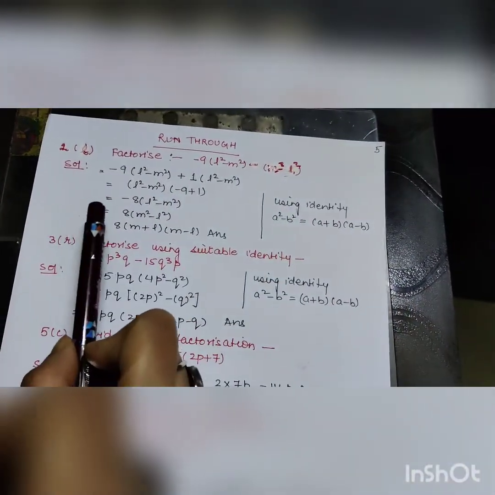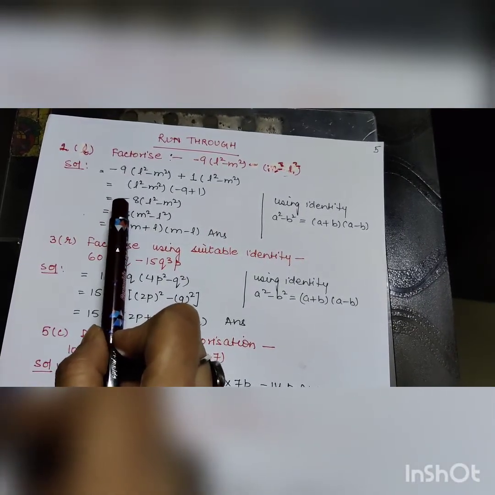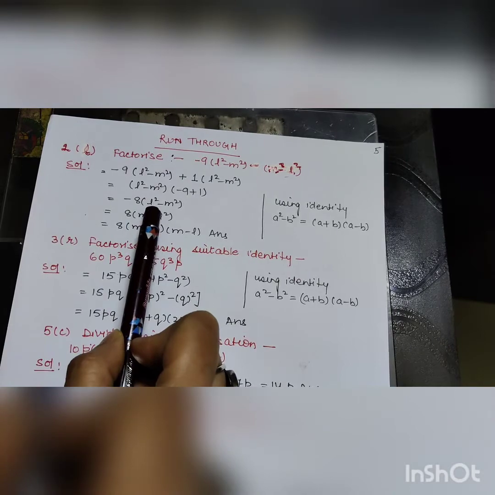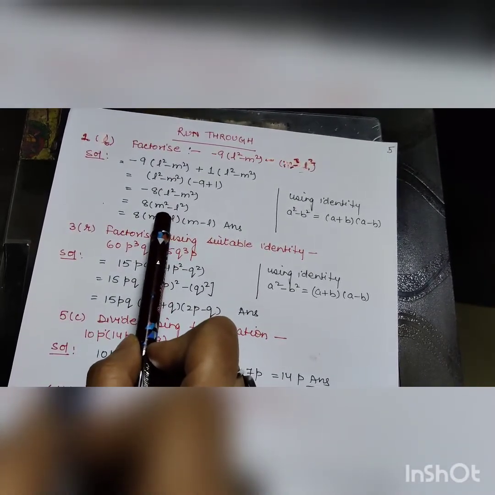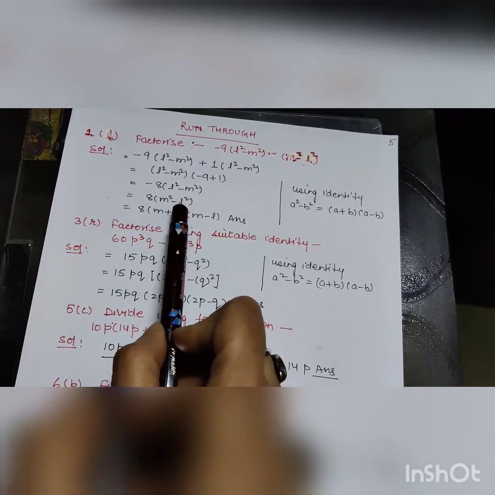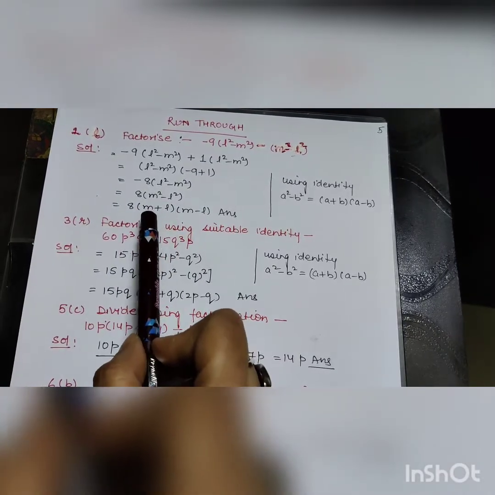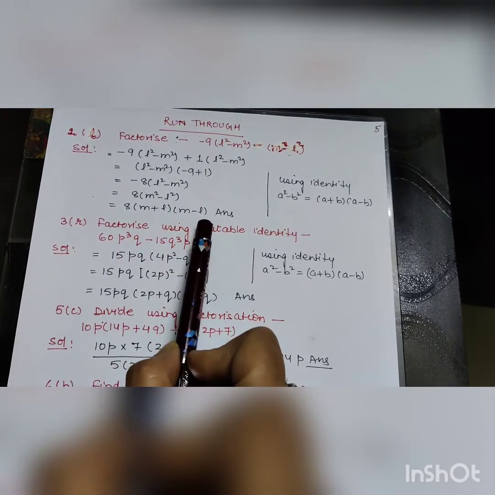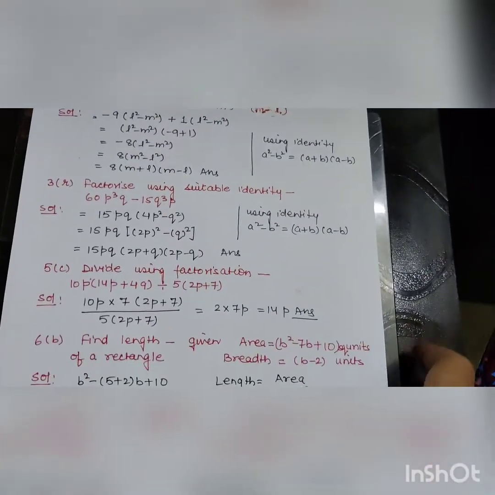But what we are doing is we are adjusting this negative sign over here, right? So multiply with this negative sign, it will become M square minus L square. Okay, we are adjusting the negative sign. So this became M square minus L square, and the factors of M square minus L square are M plus L and M minus L. So these three are the factors of this given expression.